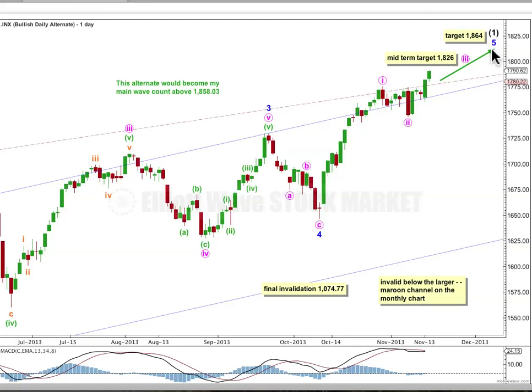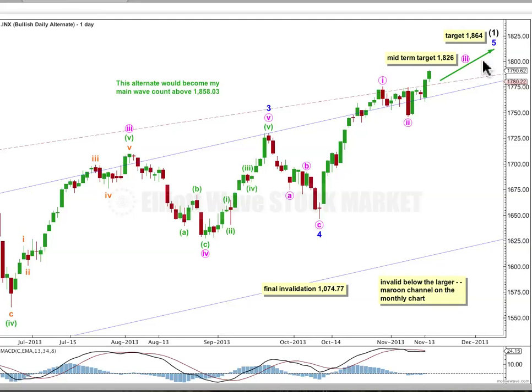This bullish alternate expects the following second wave correction at intermediate degree to clearly breach the lower edge of this big blue channel, which is drawn around intermediate wave 1 using Elliott's first technique. When that channel is breached, then we'll have confirmation that the first wave would be over and the following second wave should be underway, but it should not breach the lower edge of the big maroon channel, which is drawn on both the daily and the monthly chart in the same way from the start of this whole movement